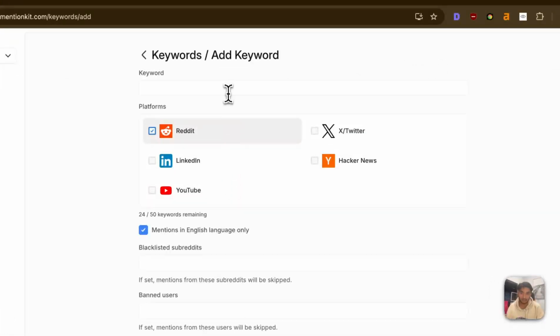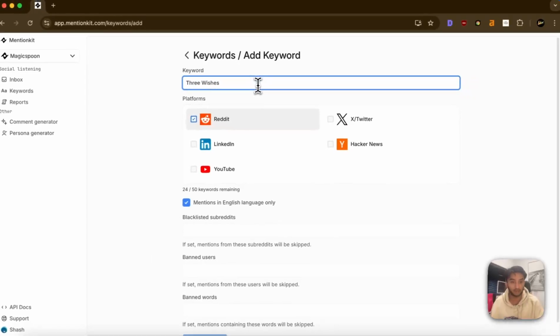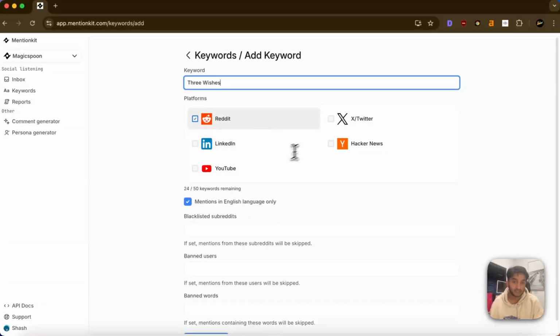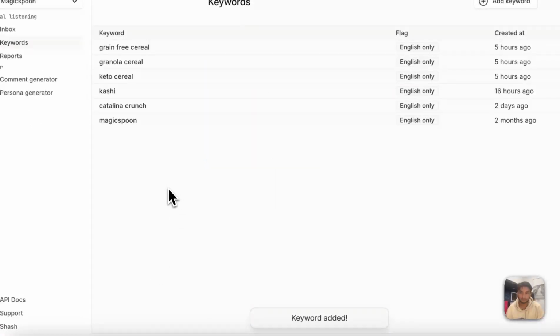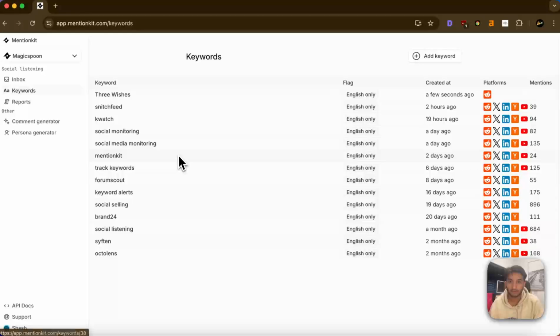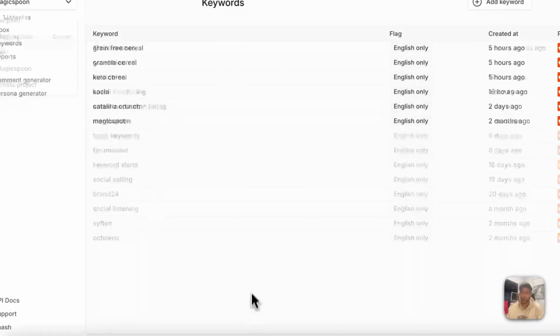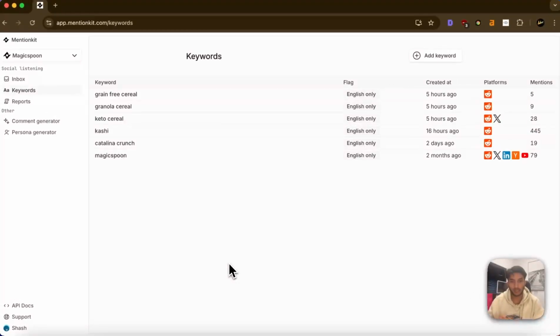All right, now I'm gonna add in a keyword, 3 Wishes. 3 Wishes is one of the names of our competitors for Magic Spoon. You can select the platform when you add a keyword. We're not gonna select all these platforms, only Reddit, because it's a B2C brand and we don't expect our customers to be on LinkedIn or Hacker News, at least. They might be on Twitter, but for this example, we're gonna use Reddit. All right, so I'm gonna add the keyword. All right, so where's our keyword? Anyways, I'll set up the keywords and look, I have spent a grand total of 1 minute, but you really want to spend a